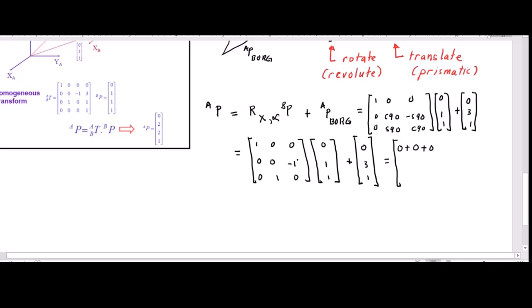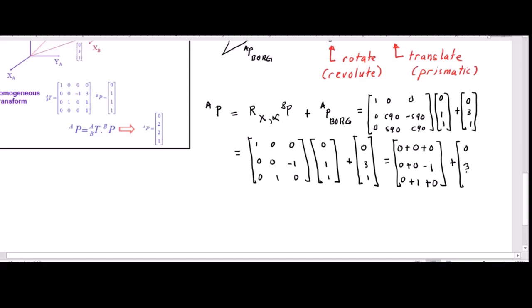How about for the second row? 0 times 0 is 0. 1 times 0 is 0. 1 times negative 1, minus 1. And finally, 0 times 0 is 0. 1 times 1 is 1. Then 1 times 0 is 0. That's the result. Then you add with that,